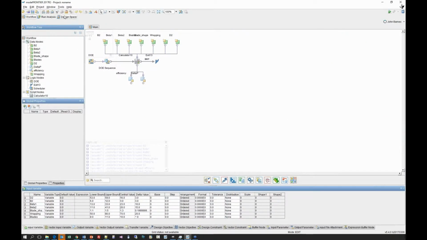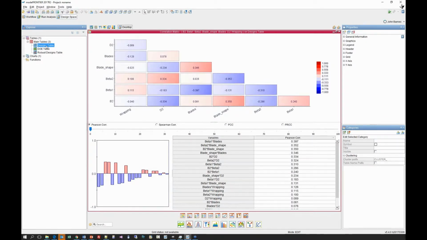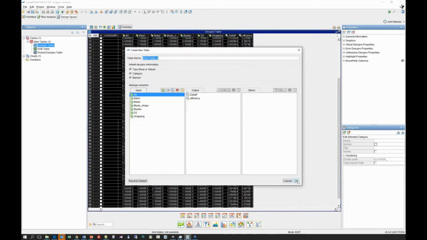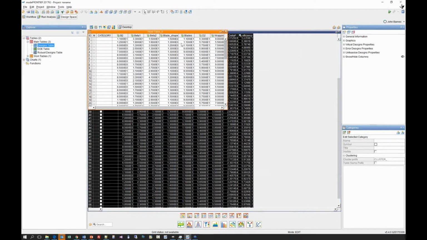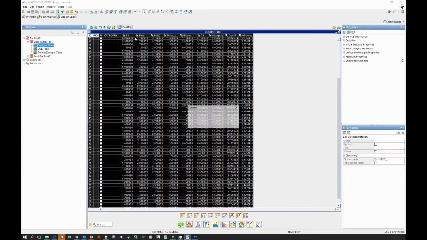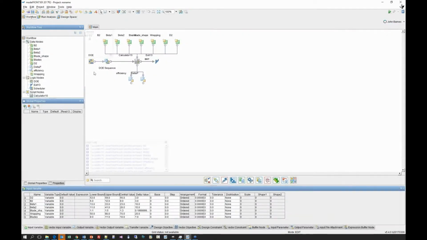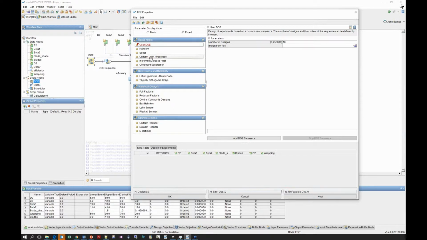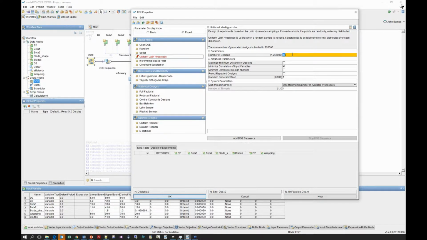Now, if I wanted to get a much better quality of data, I could use modeFRONTIER to generate a new table of data, and rather than using this set of data, I could generate a better distributed set of data.